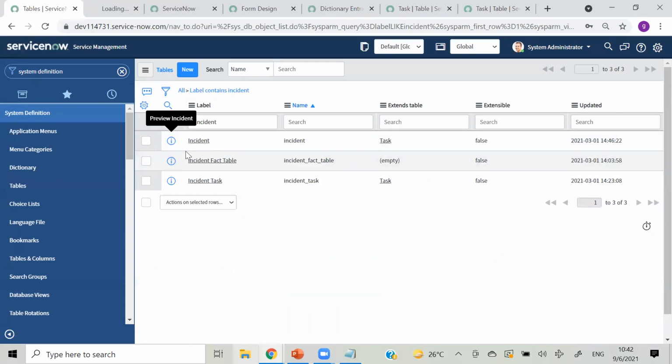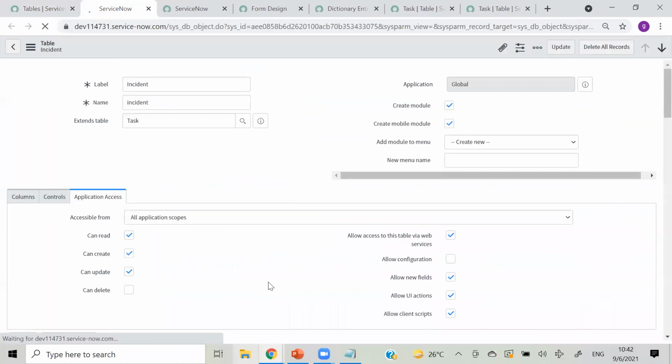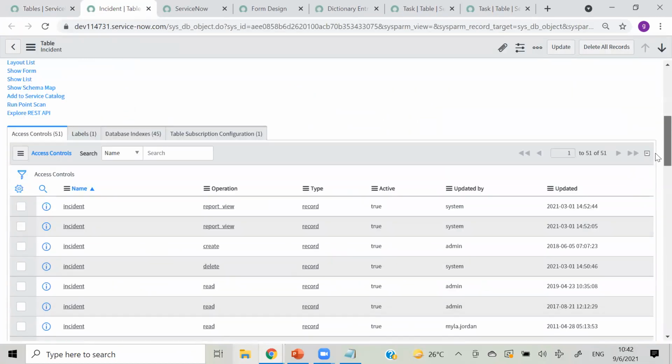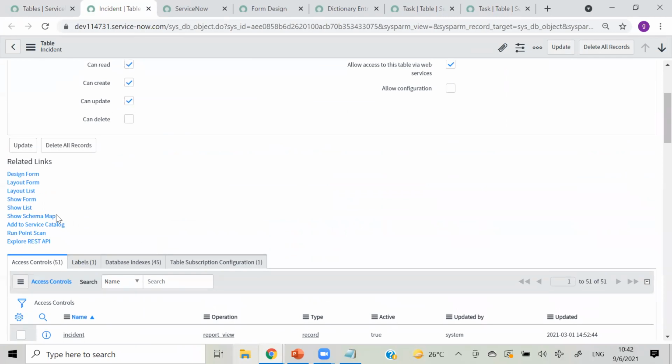So we have seen till show schema map, then add to service catalog. And service catalog, like I explained in the first class, is just like a shopping cart where we can add our requirements.